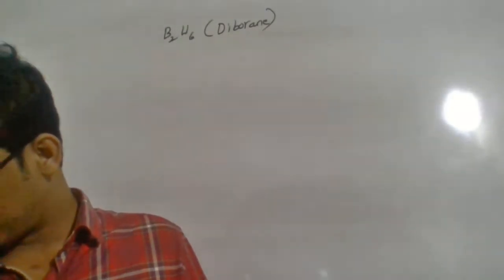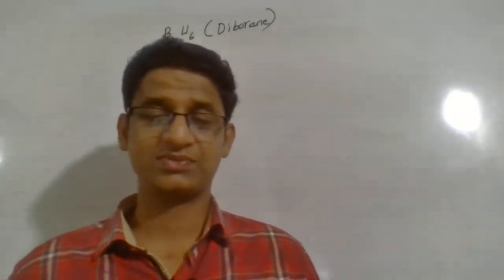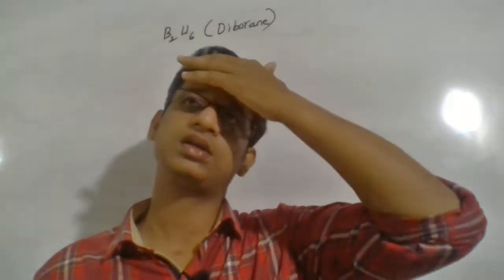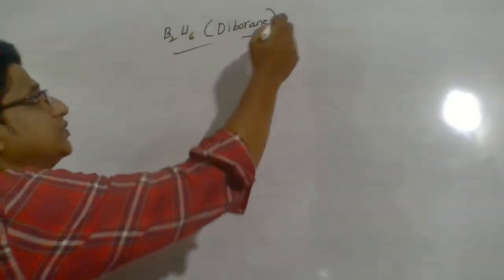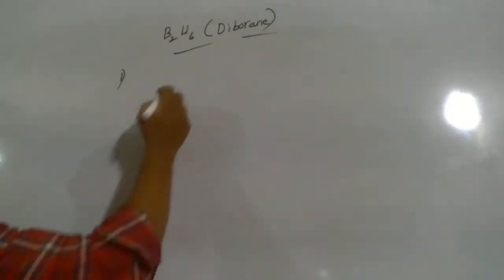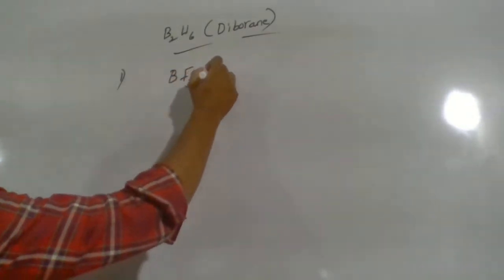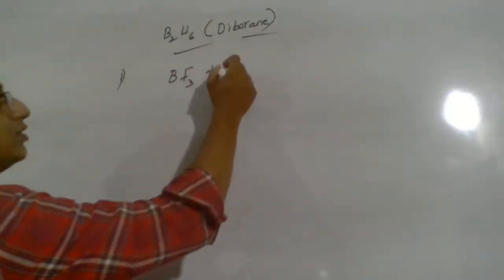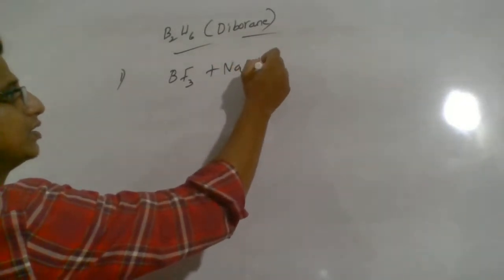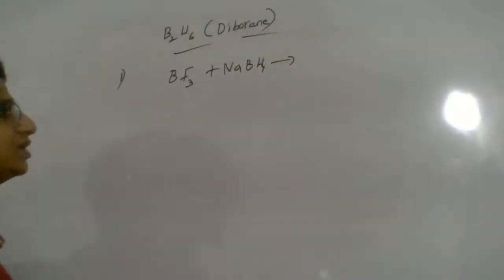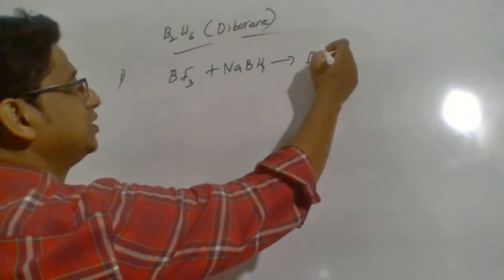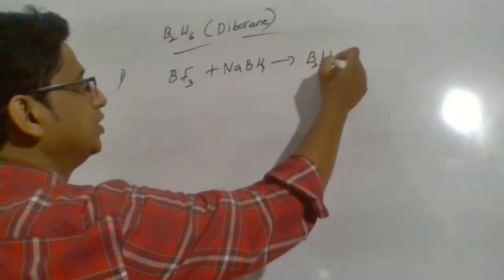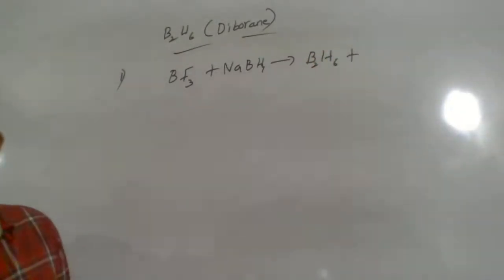When you talk about the preparation, since we are talking a lot about diborane, let us start with the preparation. There are different methods discussed. One method of preparation is from boron trifluoride, when it's treated with sodium borohydride. Sodium borohydride is one of the reducing agents used in organic synthesis, and it can provide hydrogen. So it will directly convert into diborane, and a by-product is also formed,